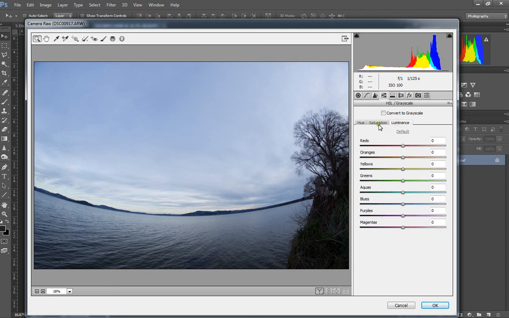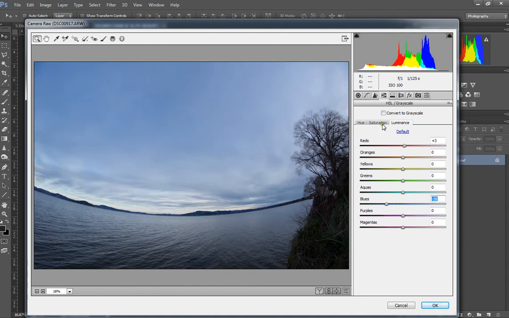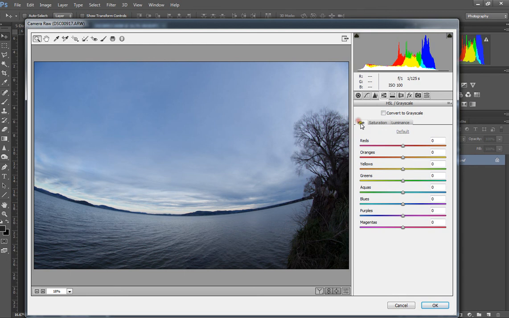Hue, saturation, luminance. This can be quite a cool tool. Luminance is your brightness, so you can actually deliberately drop all the colours in the blues. Saturation is the amount of colour there, so you can make that a much more vivid colour. Or you can use this to selectively desaturate parts of your image. This one's not going to work because there's nothing that's one colour. And you can also change the hue, so we can give the sky a purple colour cast. As I said, if you're getting creative, then it's cool. If you're trying to do this for a competition, I'd steer well away from it. But hey,